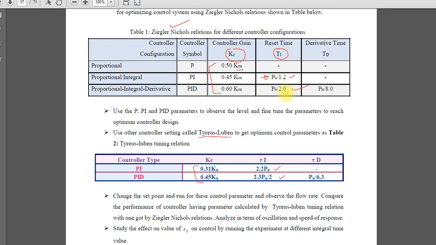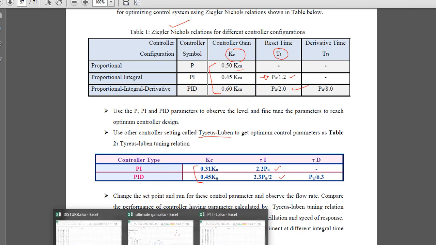Okay, now and then you run the system at those values. So for example, Kcu was 1.1 something, so you get the Kc and tau I. You can get ready with this table and then run the system at those values of PI parameters or PID parameters. So now I will go to the data. Okay, so for example,